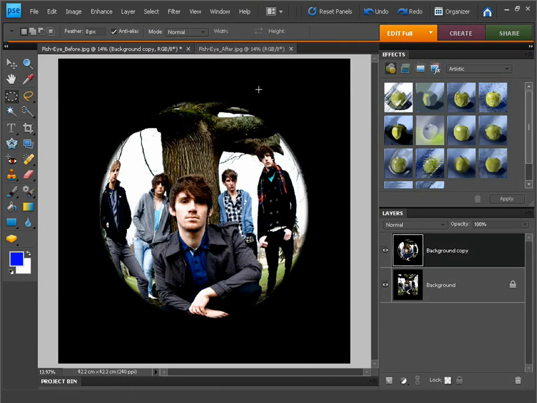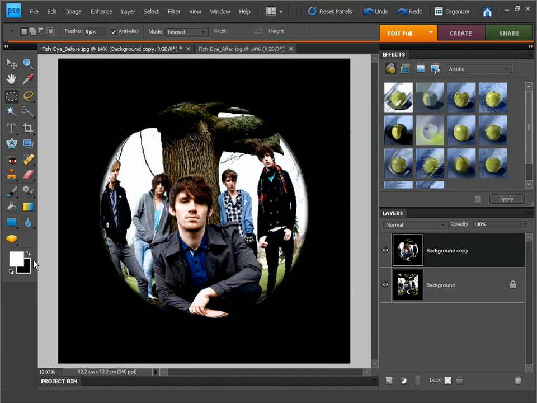So the final step is just to add some text. First of all we just select our colours and we want some nice white text. So if I go down to the colour swatches at the bottom and just click the black and white colour samples down in the bottom left just below the colour swatches, and that'll reset the colour palette. And because we want white as our text layer, we're just going to use those double-ended arrows just to flip those colours around. So we can now see that we've got white as our foreground colour and black as our